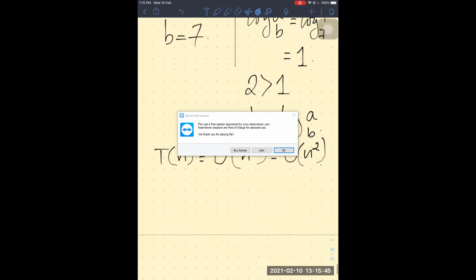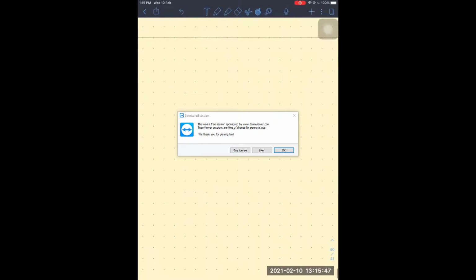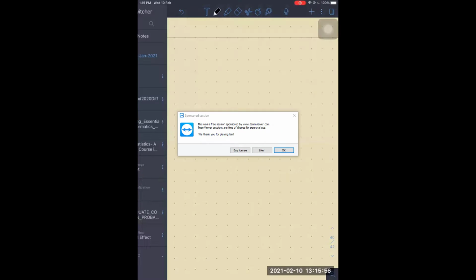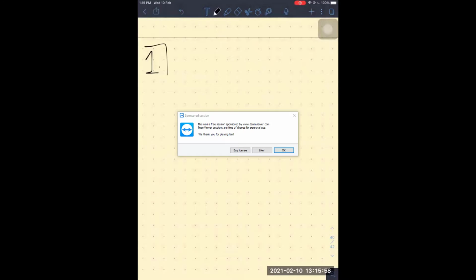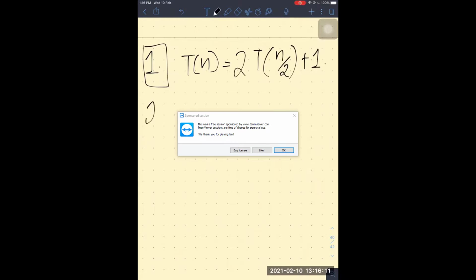So yeah, let me give you 3 examples, and I'll give you 5 minutes in the breakout rooms. Then we will discuss the solutions here. So the first one is T of n equals T of n by 2 plus 1. The second one is